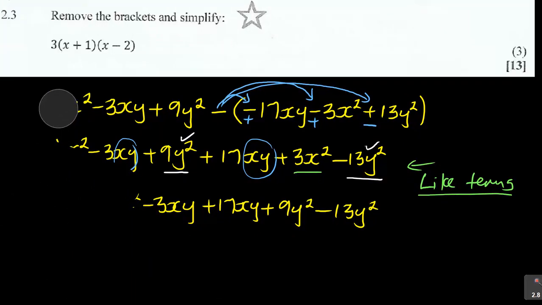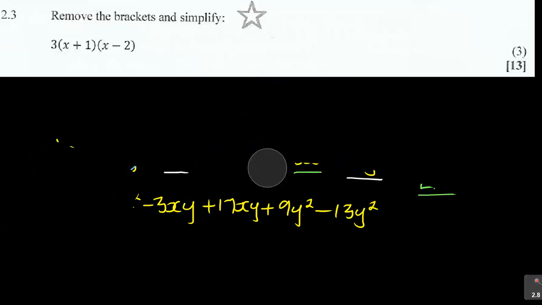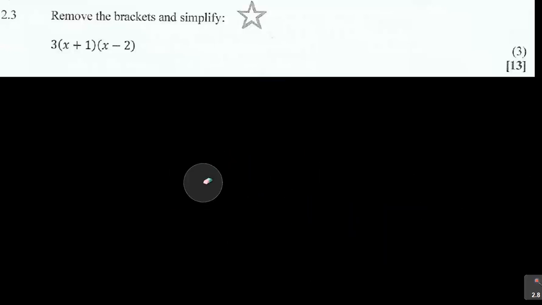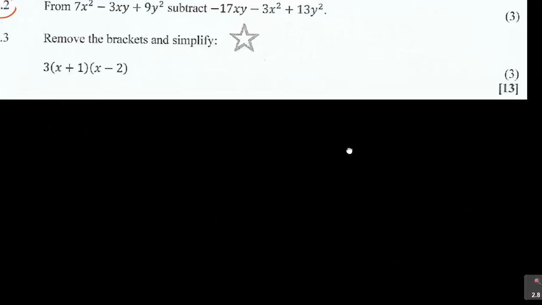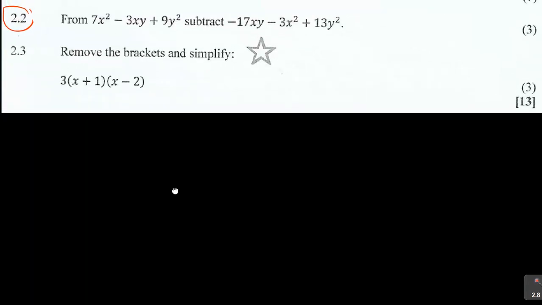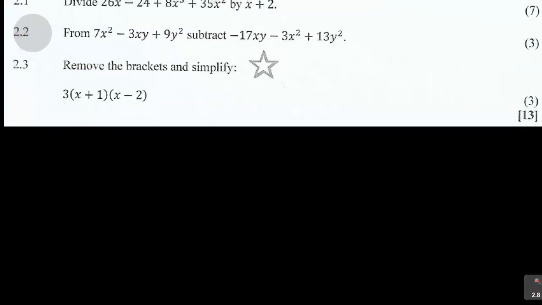Then the other question. So this will actually be the last one on question 2. It was nice and sweet, not much story. It was just something that you can do. So it's 3 marks now, 2.3. Remove the brackets. You see this one, you are removing the brackets. That's the first statement. So removing the brackets, there are marks, simplifying, there are marks. So don't just remove, but remove and simplify.